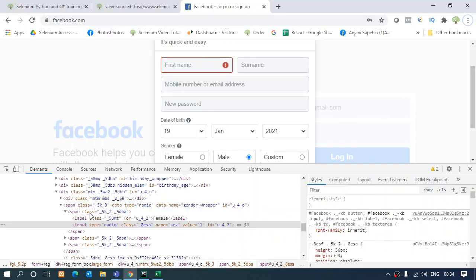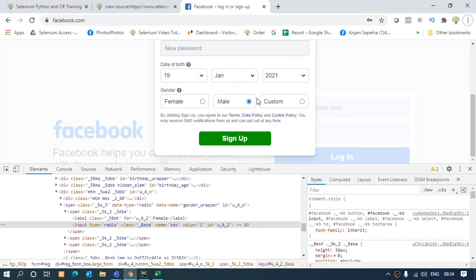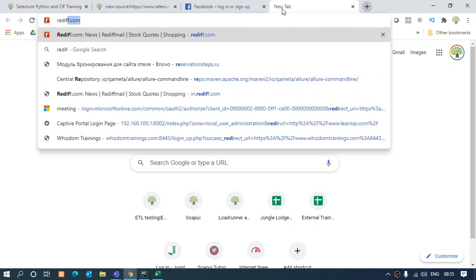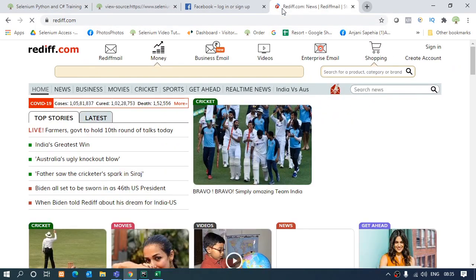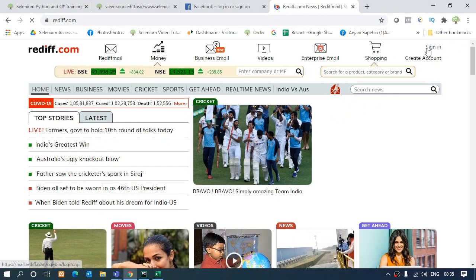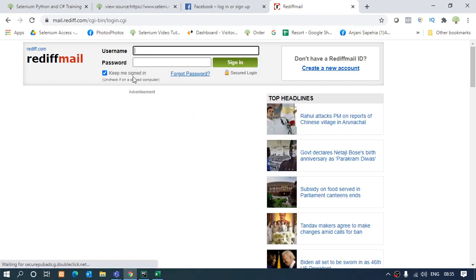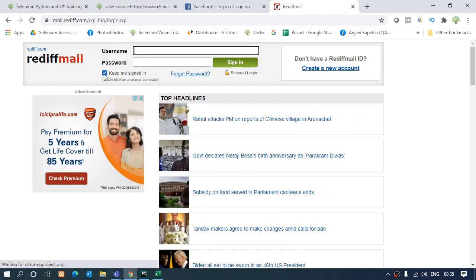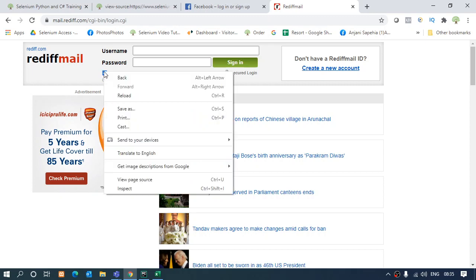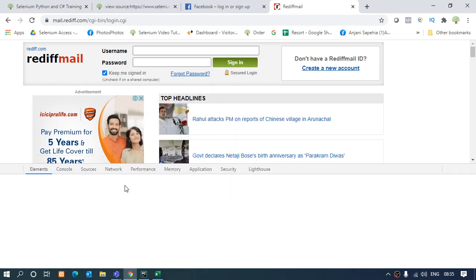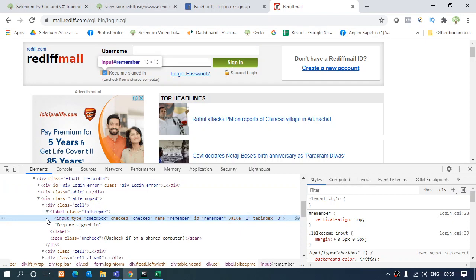Same way is with the checkboxes. Now over here also I don't have a checkbox, so I'll take another site to see, rediff.com. Here is the checkbox. So I'll inspect this checkbox only, where I click to check it or uncheck it. So here only I'll click, I'll inspect, and this is the page source highlighted for the checkbox.